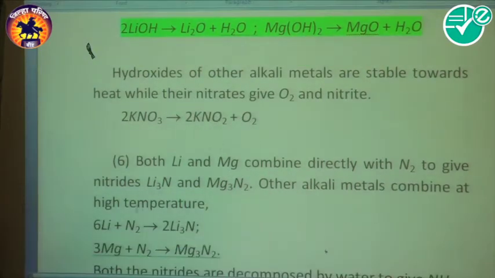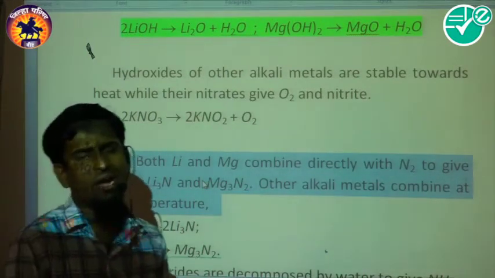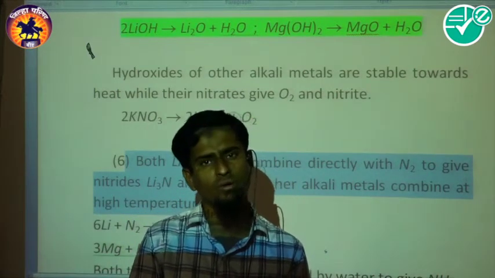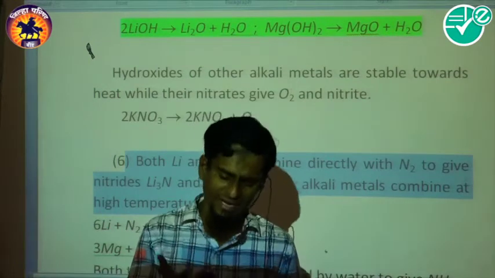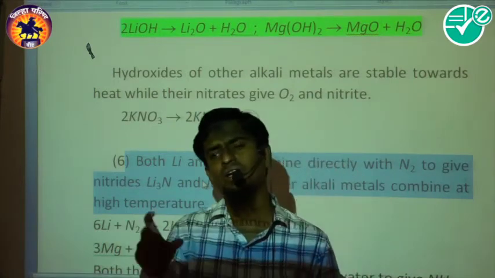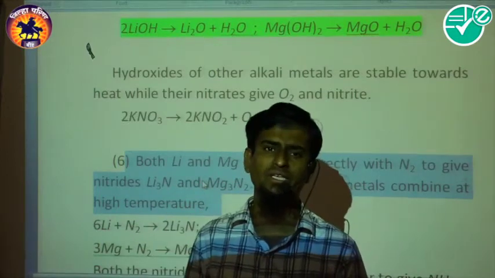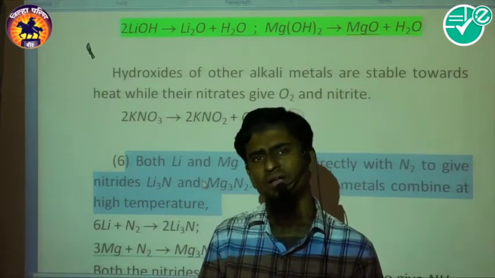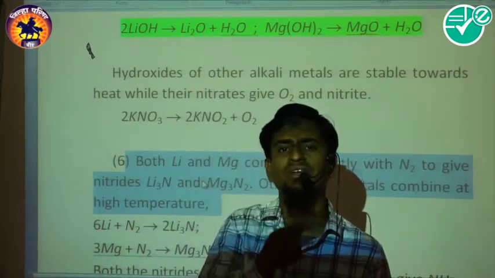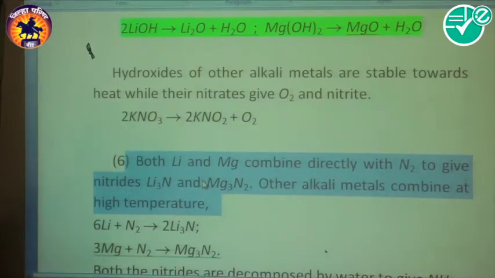Well, the last one I will take here. Both lithium and magnesium react directly with nitrogen to form nitride. So these 6 points at least you have to remember for your exam. Again the method of asking questions is the same. Which one is the correct statement as far as the diagonal relationship of lithium and magnesium is concerned? They will provide a few sentences and you have to remember them. Or they may provide 2 or 3 sentences and ask which are correct and wrong: first and second, second and third. Such questions may be asked in JEE or NEET. Now we'll move forward.